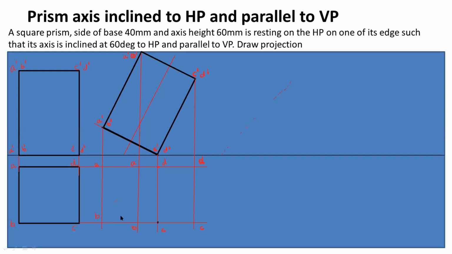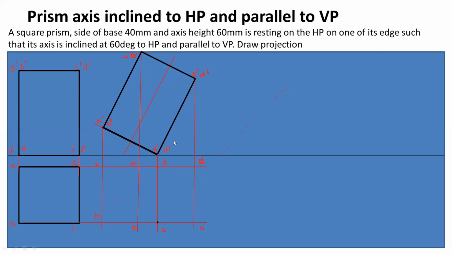Similarly, locate the corner points of the bottom base and the corner points of the top base, because this prism has two bases, one bottom and the second the top base. Here you can observe this A, B, C and D. This will represent the bottom base. And these points A dash, B dash, C dash and D dash will represent the top base.